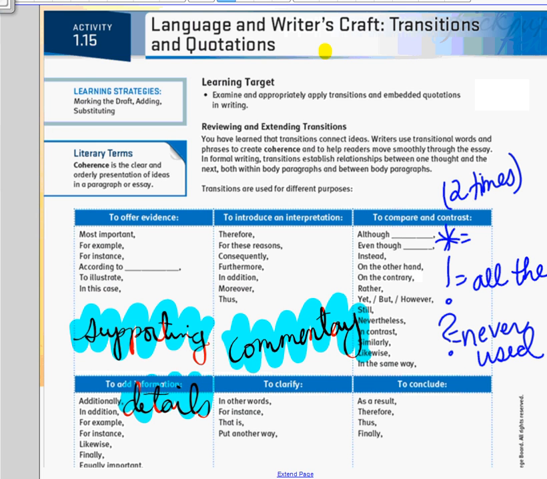You use them all the time. Those hokey ones like first, next, and then, for example, those are things you use all the time. Okay, and the asterisk. These are transitions that you want to use. So you look at them and you think, oh, that's an awesome idea.